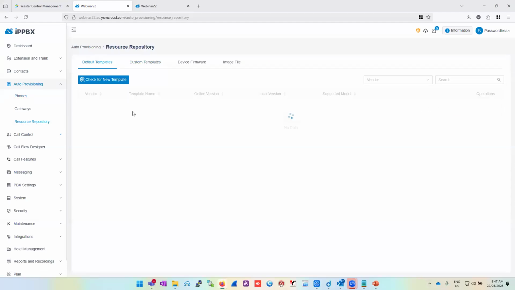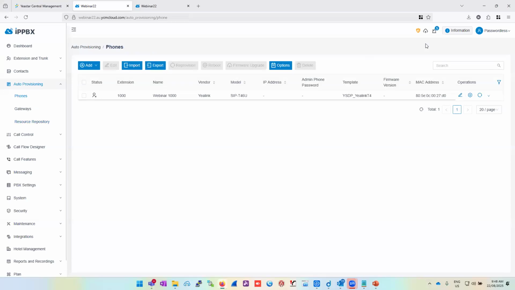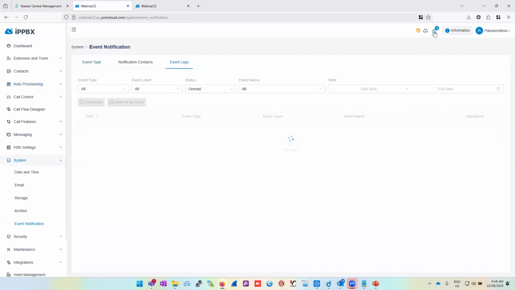But yeah, just going back on it. Templates built into the system, we cannot edit. They are the way they are from Yeastar, and that's how they'll be deployed to the phone. Whilst the phone's doing it, I'm just waiting for it now. If we go up into here,